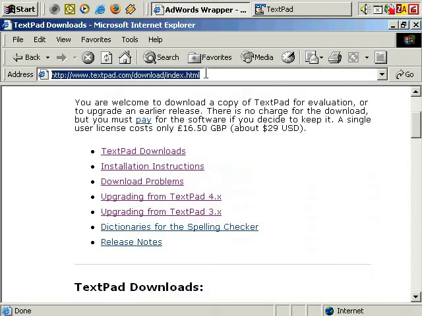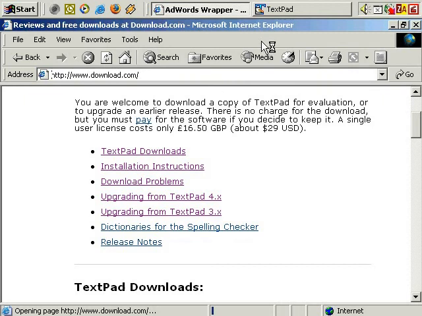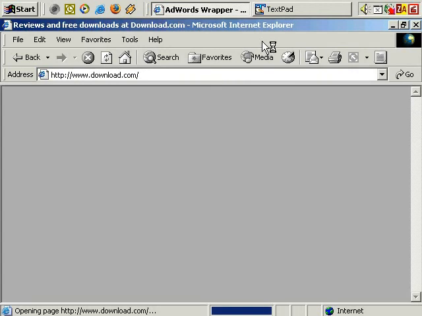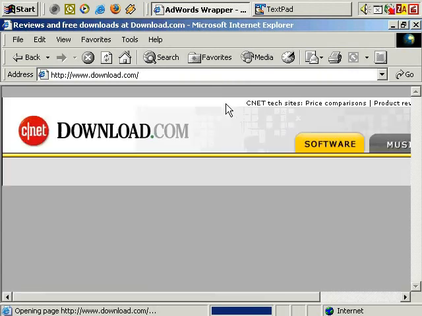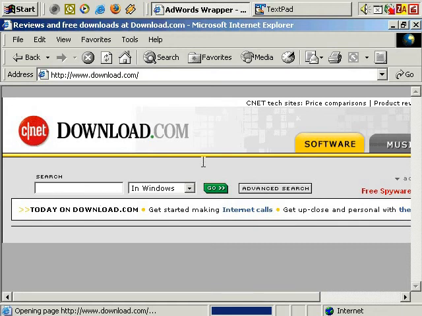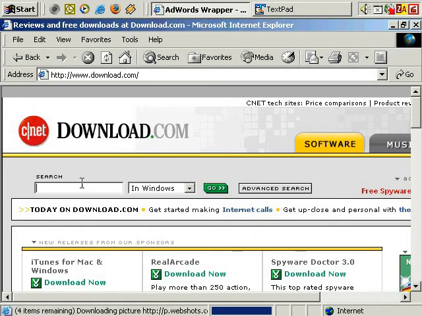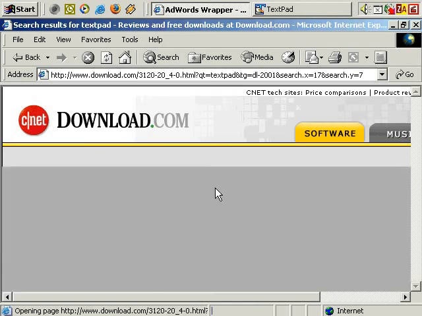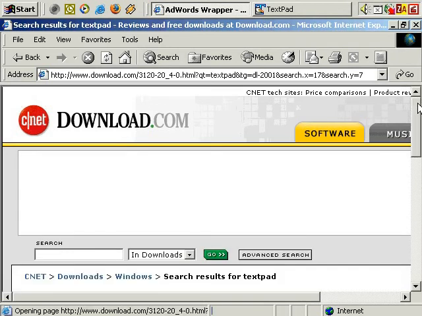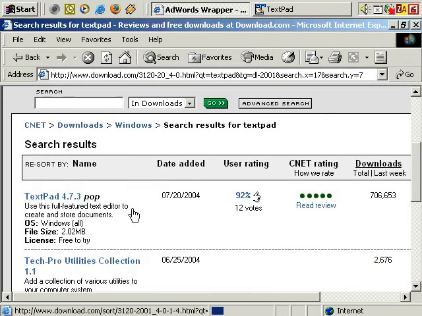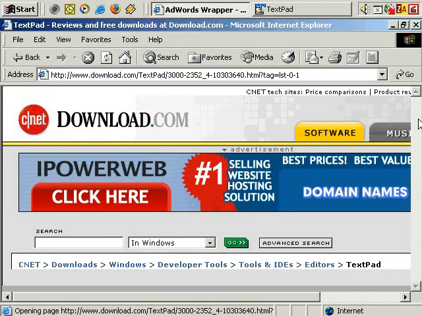One that may also interest you, well, actually, if you just go to www.download.com, that's always a great place to start for downloading any software. And most software has trial periods these days. So, for example, if we just search for TextPad initially, okay, we've got TextPad there. If we click through to that page,